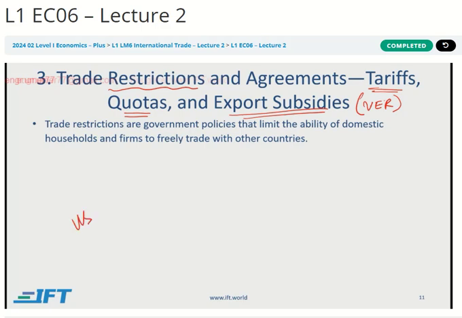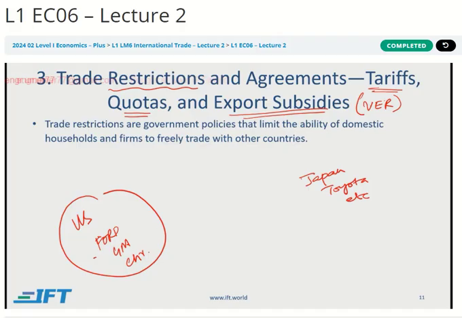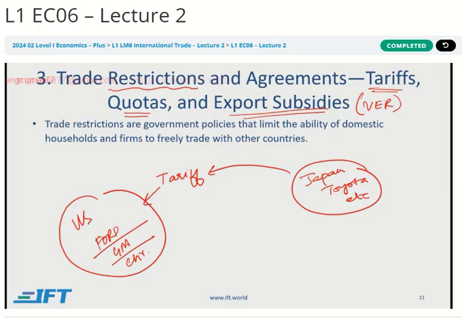Let's say we talk about the US, where there are local automobile manufacturers like Ford, General Motors, Chrysler, Cadillac, and so on. And then you've got these Japanese companies, Toyota, Honda, etc. So, to protect their local manufacturers, what the US could do is put a tariff on Japanese automobiles,